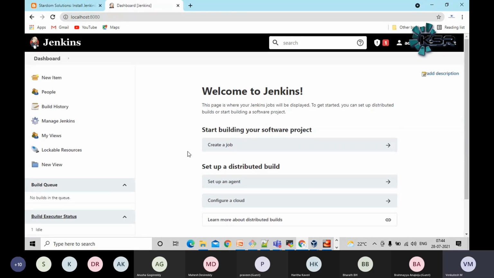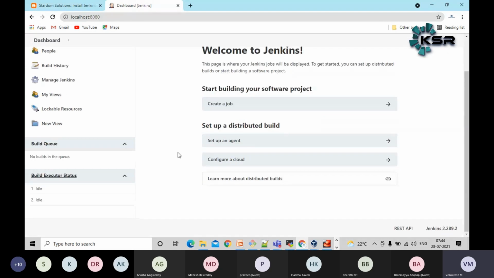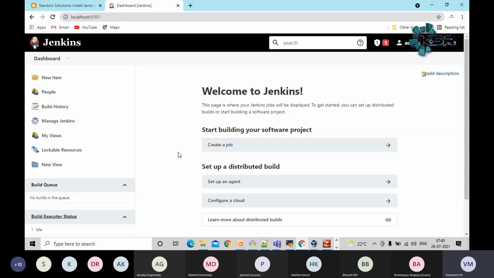Okay, guys. So I have logged into Jenkins. Before going further, let me create a very high-level job, guys. Let me walk through it. If you want to do any administrative activities, you have something like Manage Jenkins here. If you want to create any new Jenkins job, you can click on New Item. Other things are there, I will tell you in further sessions. First, let's go to Manage Jenkins and configure our environment.